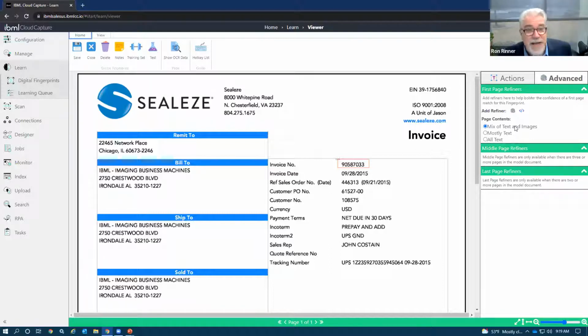And the AI uses that to classify it as an invoice, as a freight bill, whatever it may be. And there's a lot of power in there to tilt that field if you need to, but in most instances, using that mix of text and images to trigger the AI on what it's looking at is all that's needed for us to be able to successfully classify and keep together as a packet an invoice and a freight bill.